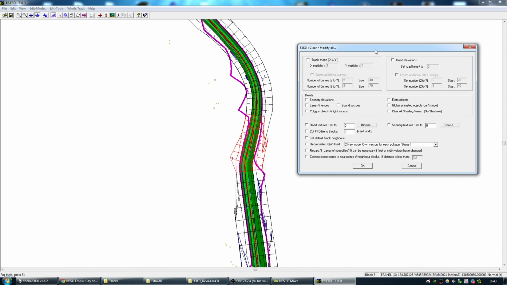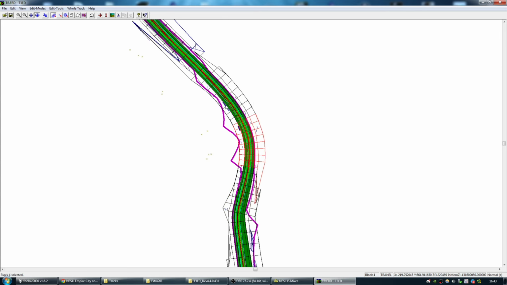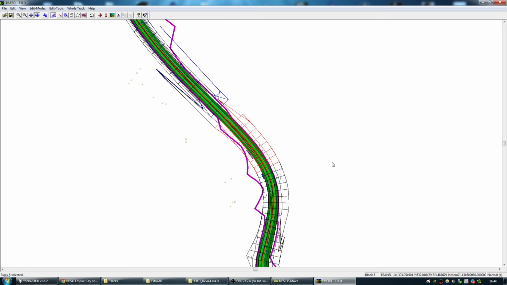So if the float goes like here on the left side, or on the right side, you also have to set the AI lanes to the current polygon where the AI is driving, like where the floats are set. So we're just doing that. Can float or width values have been changed. And this is very important for the in-game opponents to drive correctly or somehow correctly. So we're just saving now,